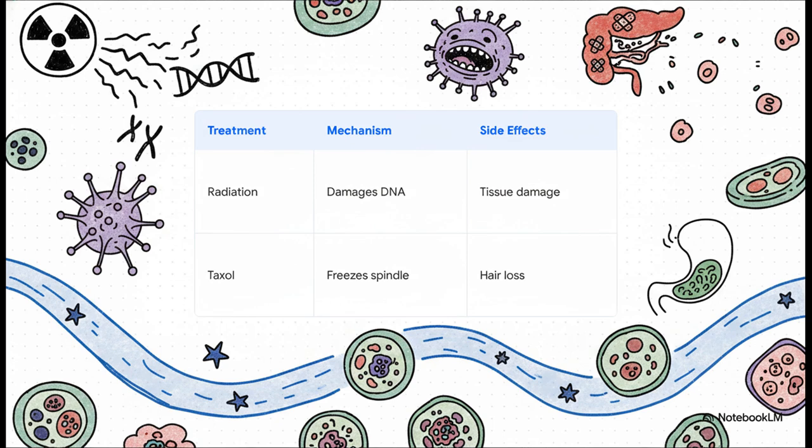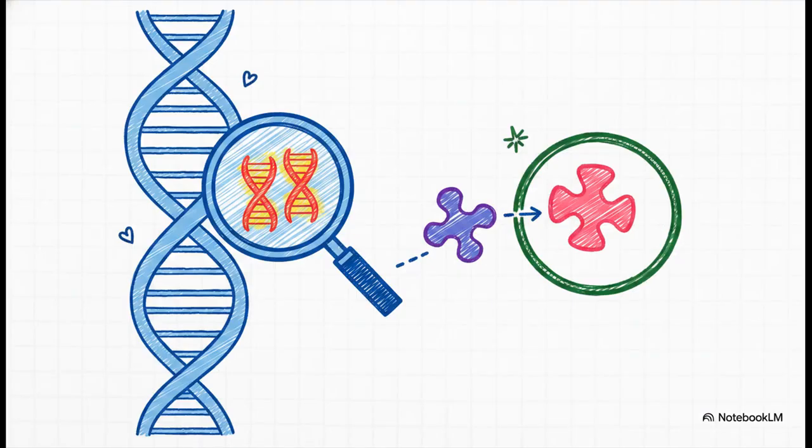But here's the catch. Because it targets any actively dividing cell, it also deeply impacts normal, healthy cells that naturally divide frequently. And that is exactly why patients undergo such difficult side effects like hair loss and nausea. We're hitting the good machinery along with the bad. But let's look ahead, because our growing understanding of this exact cellular biology is leading us away from those blunt tools of traditional chemotherapy and guiding us toward the incredible frontier of personalized medicine.